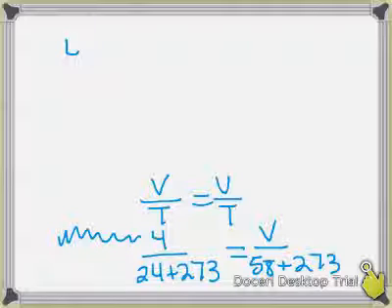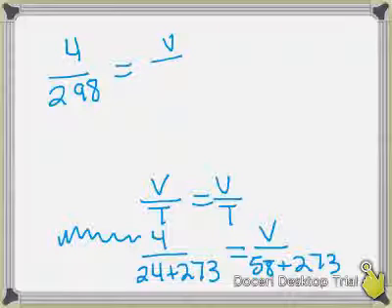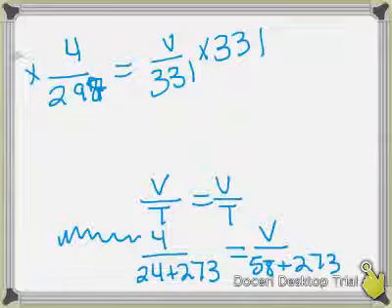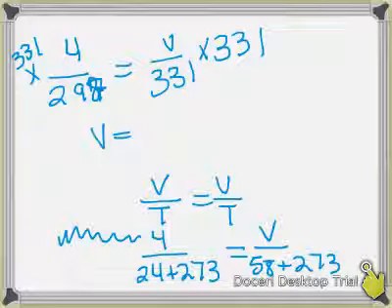So I'm going to simplify. We're going to have 4 over 297 equals volume over 331. How do I get volume all by itself? I need to multiply by my 331 to get it on the left side. So basically, to get my volume all by itself, I'm going to take 331 times 4, divided by 297, and I'm going to get